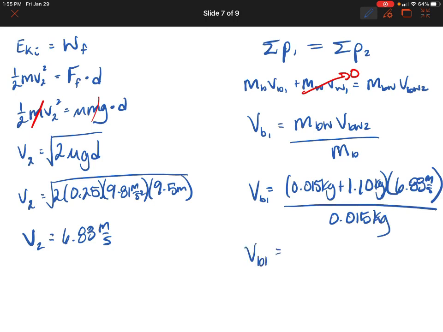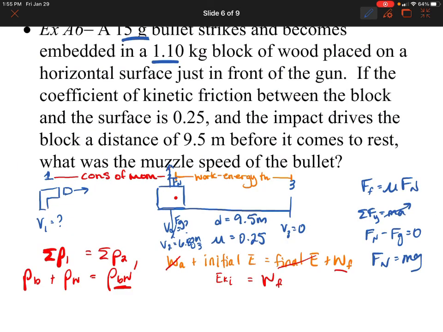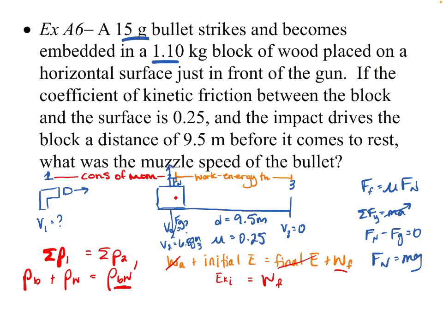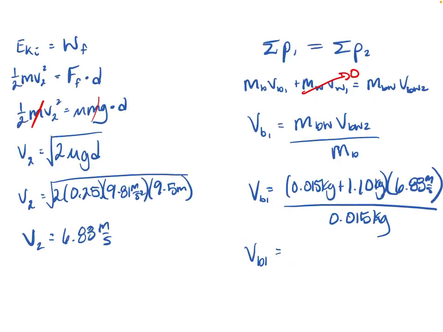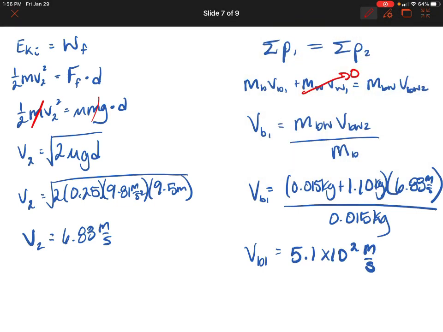And I get the initial velocity of the bullet to be, well, at this point, remember, now we're going to look at our significant digits. We used one with 3, but then it looks like all the other ones we used are with 2 significant digits. So this better be at 2, so that'll be 5.1 times 10 to the 2 meters per second. And that's that. We did it.